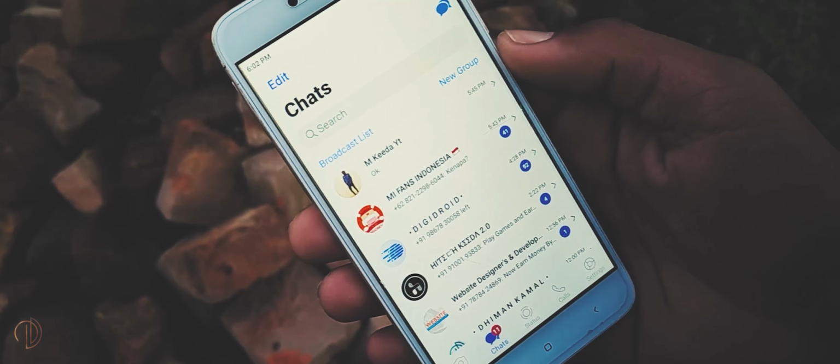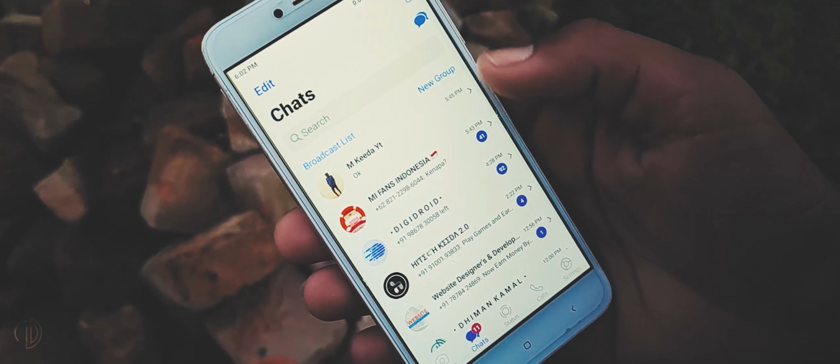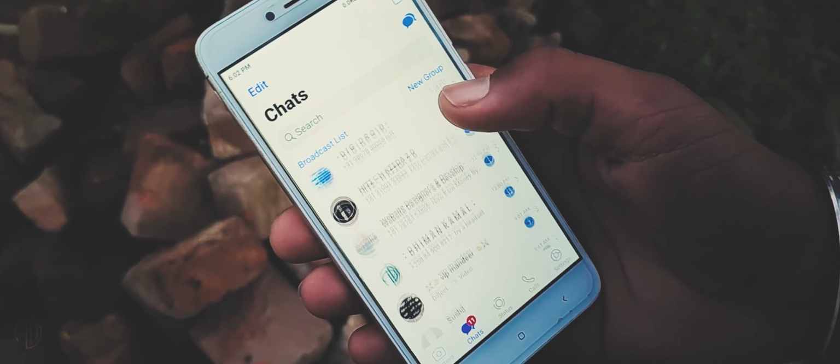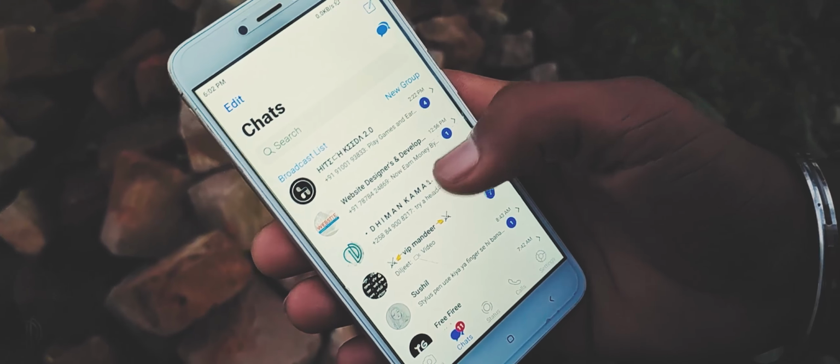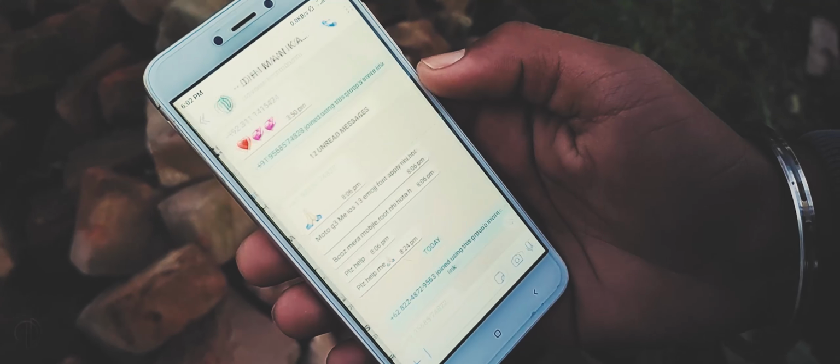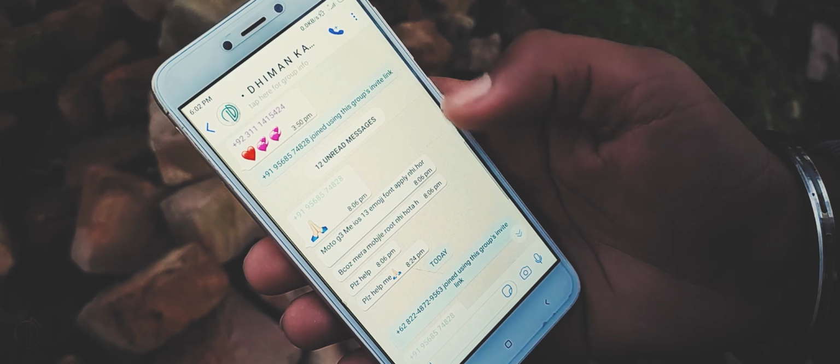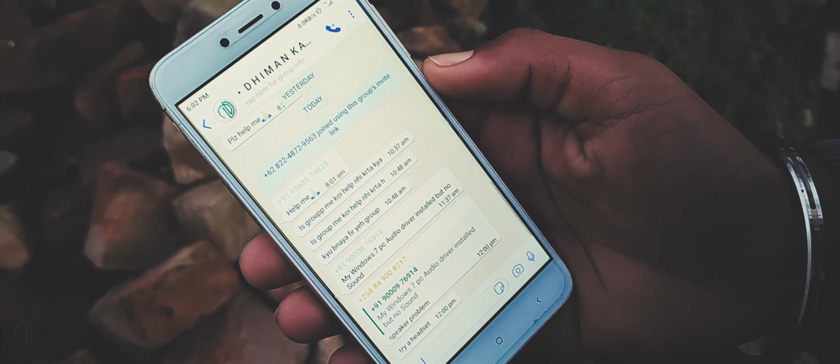Some Android mobile users love iPhones and want to make their Android mobile look like an iPhone. For those Android users, in this video I will show you how to install iOS 13 WhatsApp without root and